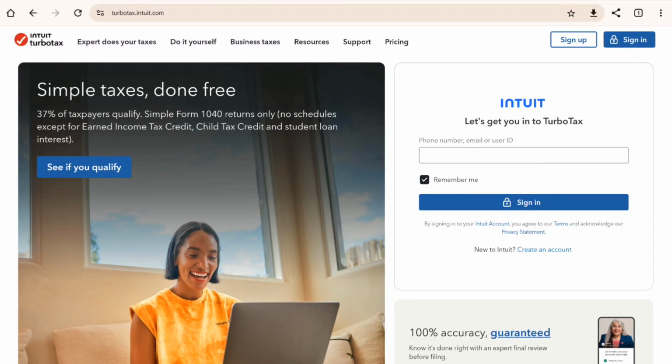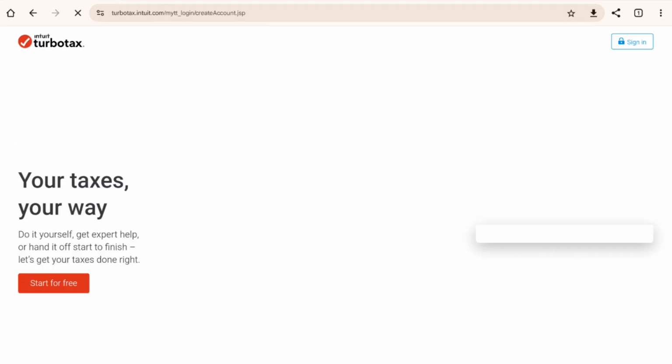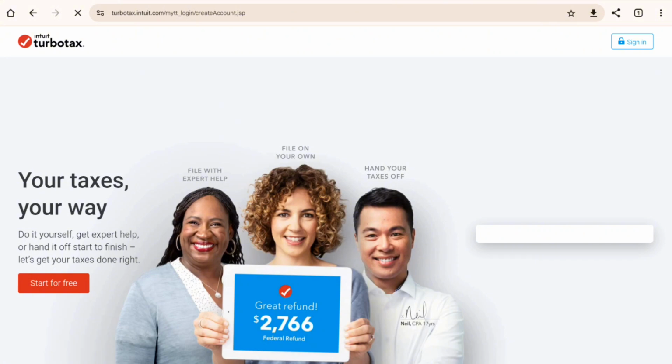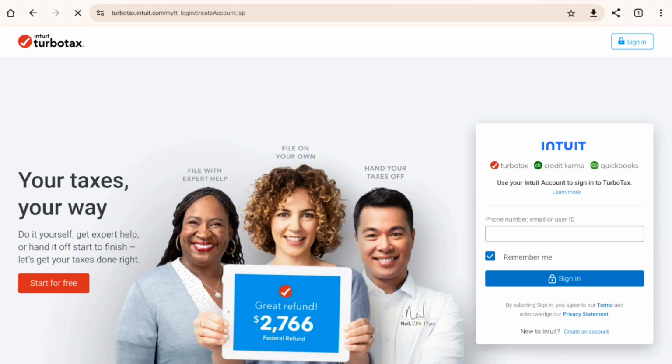So go ahead and open your browser and search for turbotax.intuit.com. Then here you'll be able to find this create an account button or this sign up button. So go ahead and click on that. You'll be able to create an account on TurboTax, and that will redirect you into this page. And here, just go ahead and click on the create an account button again to be able to create an